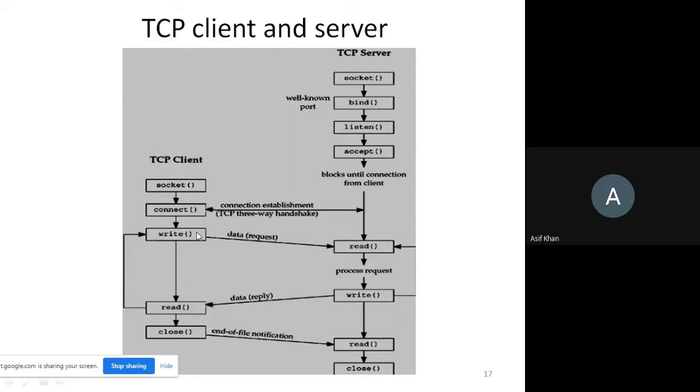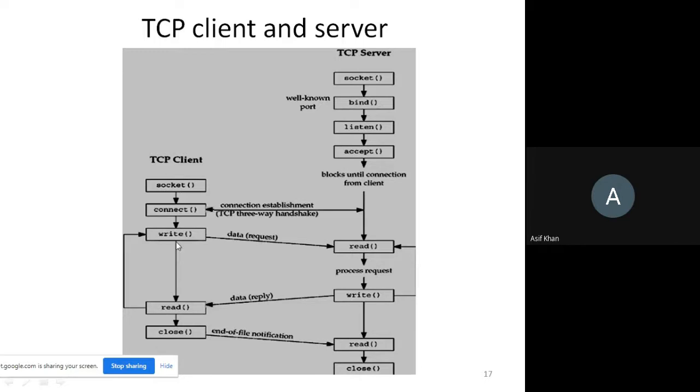Data needs to be written to the endpoint. So here the endpoint is created by socket. Okay, then now we need to write the message. The client should write the message to the endpoint, and that message will go to the server. So for sending a message, you need to write the message on the endpoint, and that will go. So for writing the message, this write function is used, right? So the write function is used to send the message, and the read function is used to read the message received from the remote computer. Okay. So both the server and client are using this write and read functionality.